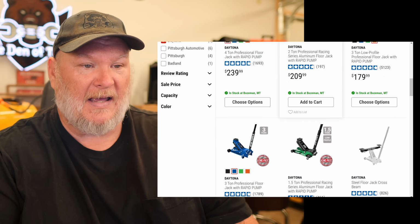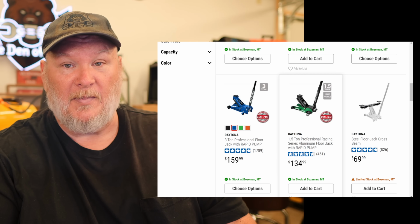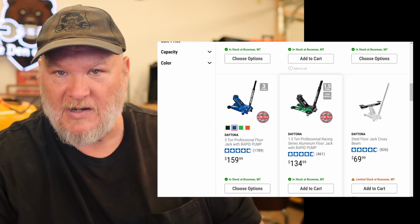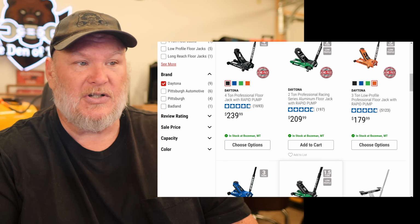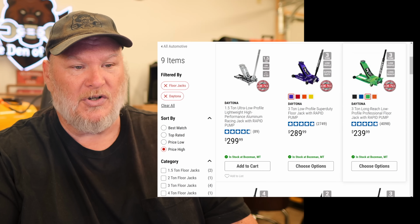And then if you're just doing lightweight stuff, I will say, take a look at that Daytona aluminum. That's a really nice jack. The aluminum build is great on this thing, and it's super lightweight, relatively speaking. It's not 40 pounds lightweight, but it's also not 100 pounds either. And it's got the carry handle on it. So those are kind of the 3 that I would look at the most, leaning heavily towards the long reach,